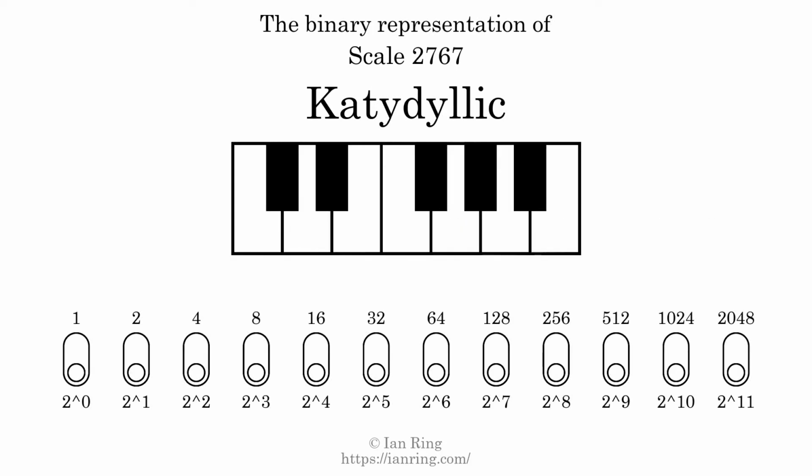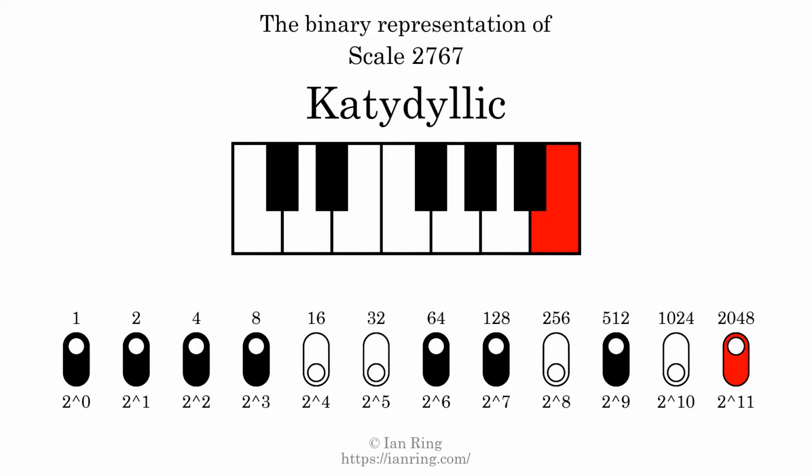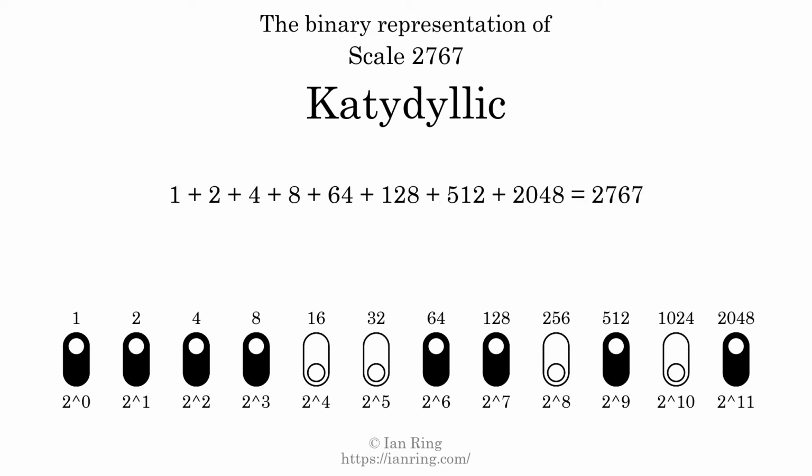The binary representation of this scale is determined by mapping tones of the scale to binary digits. Each binary digit represents a power of 2. To get the scale number, we add the powers of 2 together. The powers of 2 that are present in the scale, all added together, equals 2767. That is why the scale number, in decimal, is